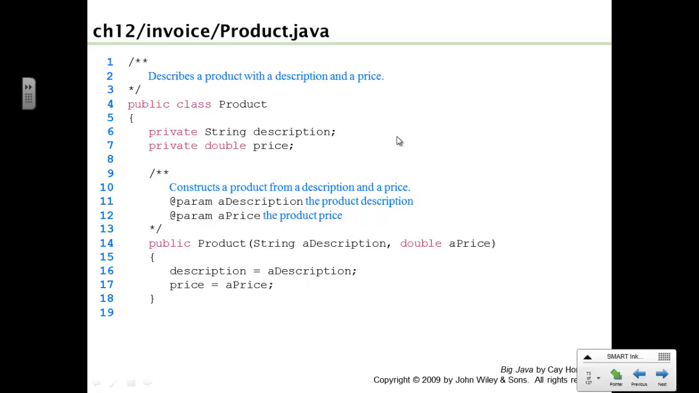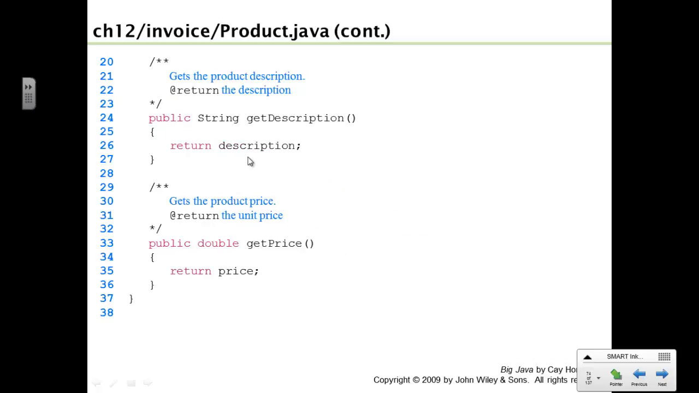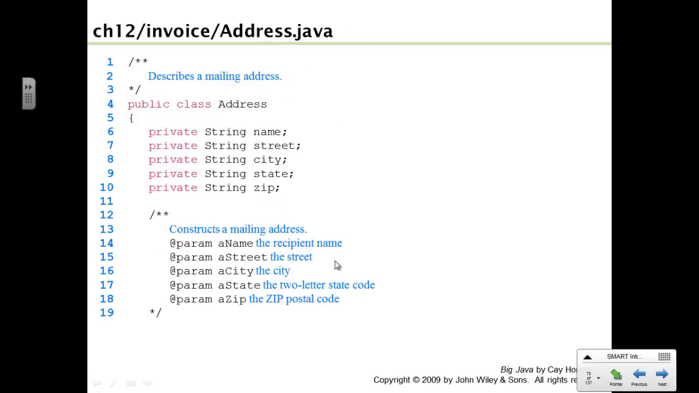Product class has a description of the product and a price, so then I need to save this as a string and double a price, say those are my instance fields. Get the description just returns the description, get the price just returns the price. Then